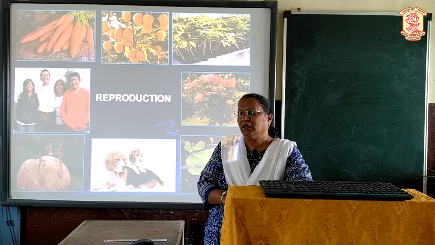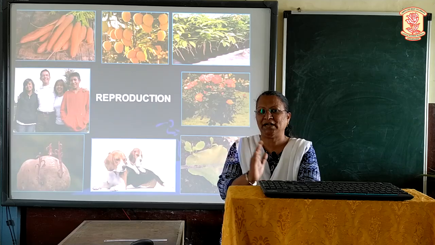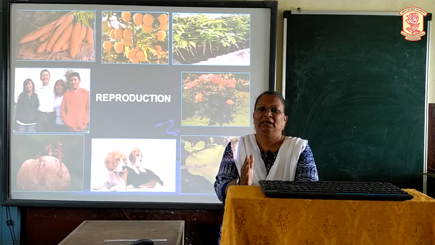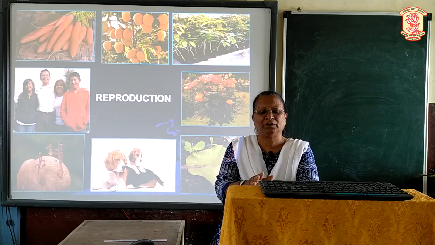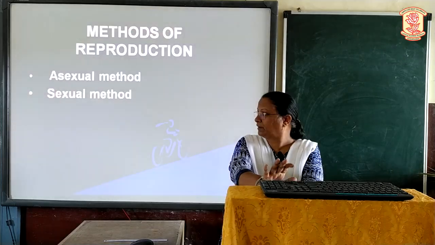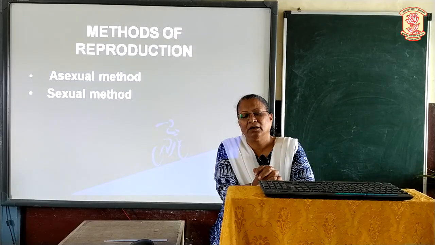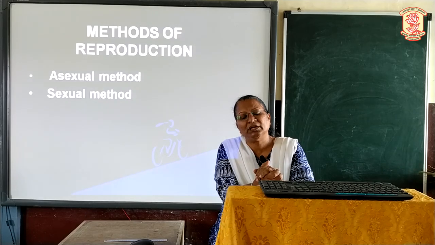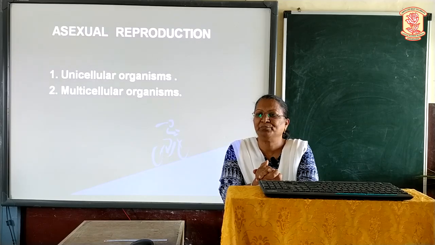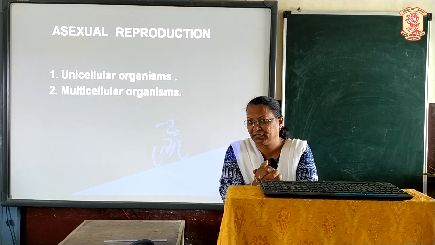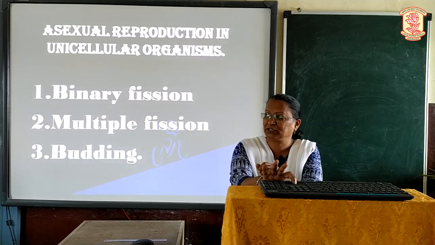Now, we are going to just bifurcate these types of reproduction as sexual and asexual. So, in this episode, we are going to learn only about asexual reproduction. Now, in asexual reproduction, this method takes place only by a single cell. An exact carbon copy of the individual is being produced in asexual reproduction. There is no involvement of gametes in asexual reproduction.